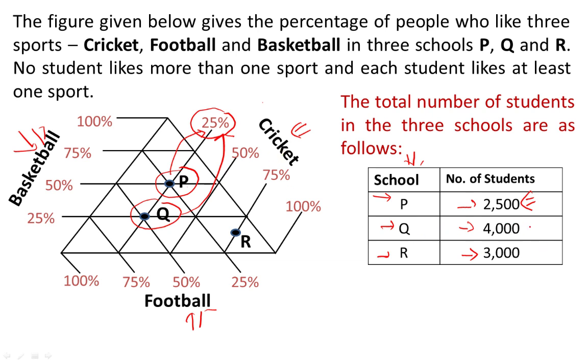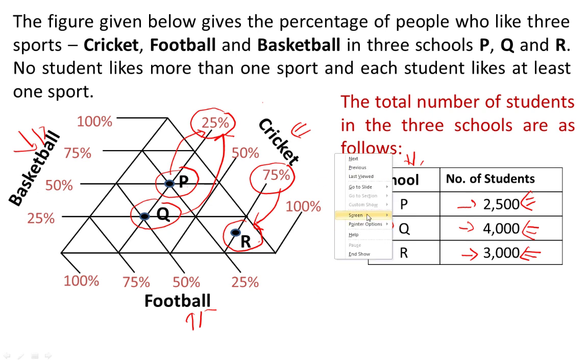So here school Q, the total number is 4000. So 25% of it likes cricket. So is the case of school R. Now school R is lying on the 75% line. That means 75% of the students of school R like cricket. What is the number of students in school R? 3000. So 75% of it likes cricket. Okay. Let's understand one more